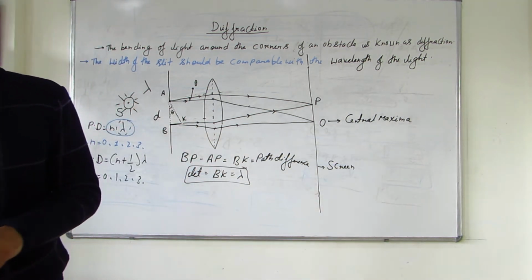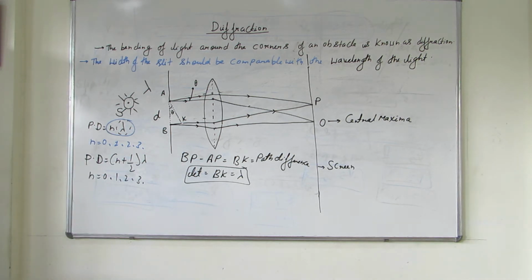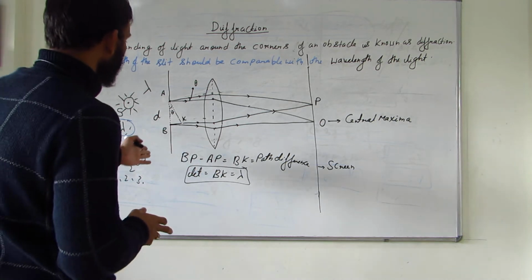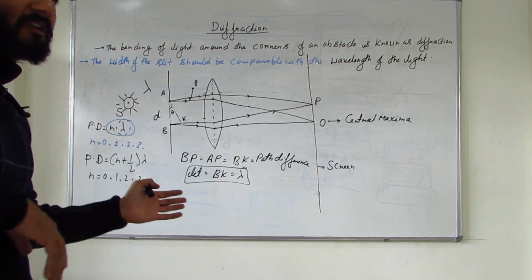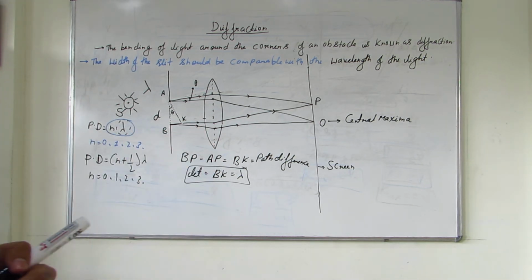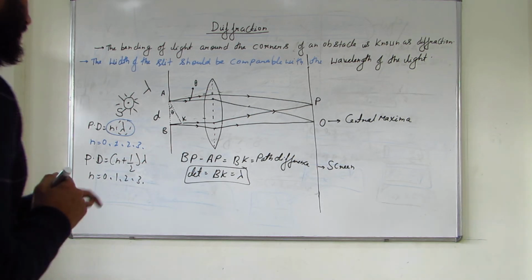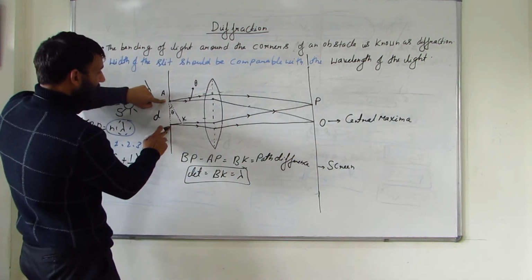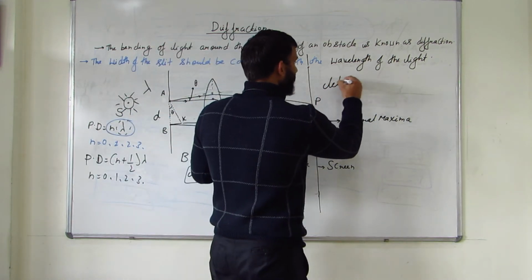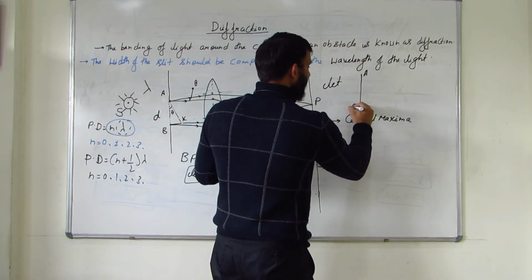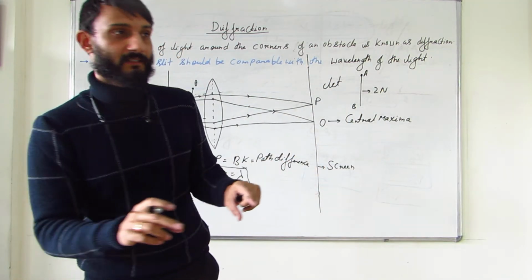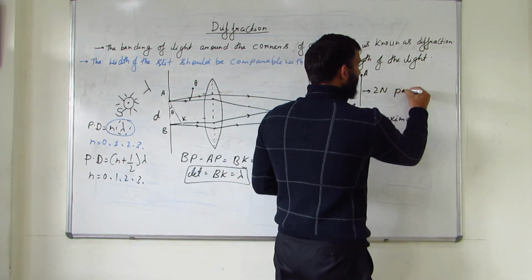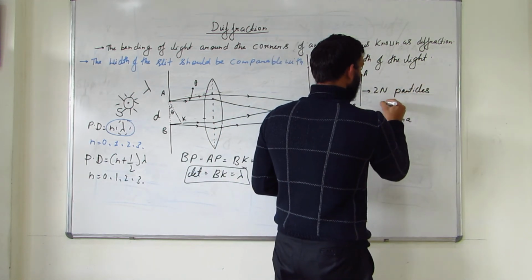Now you may argue that there are no two slits, so how could we form those coherent sources which we require for interference? Since we do not have two slits, no two coherent sources are there. We need to understand that this phenomenon actually takes place, and we are just explaining it using the wave theory. So how do we do that? We consider that the wavefront AB, from A to B, is made up of 2n particles. Let us assume, as you know, that a wavefront is made up of a number of particles. These 2n particles are in the same phase.